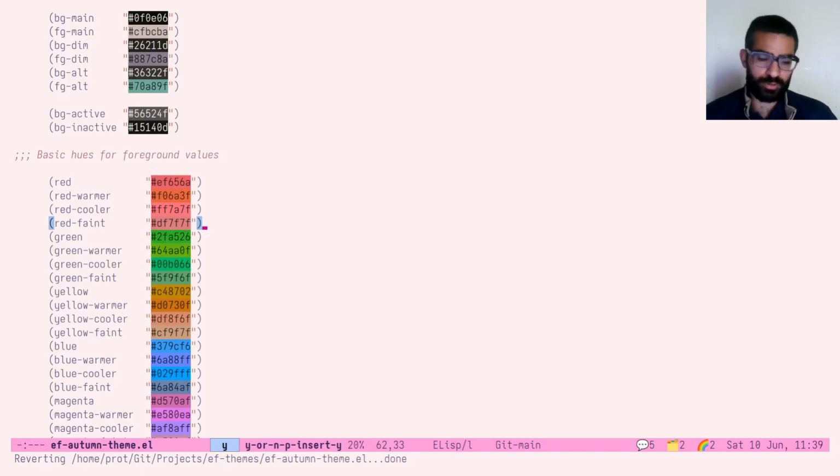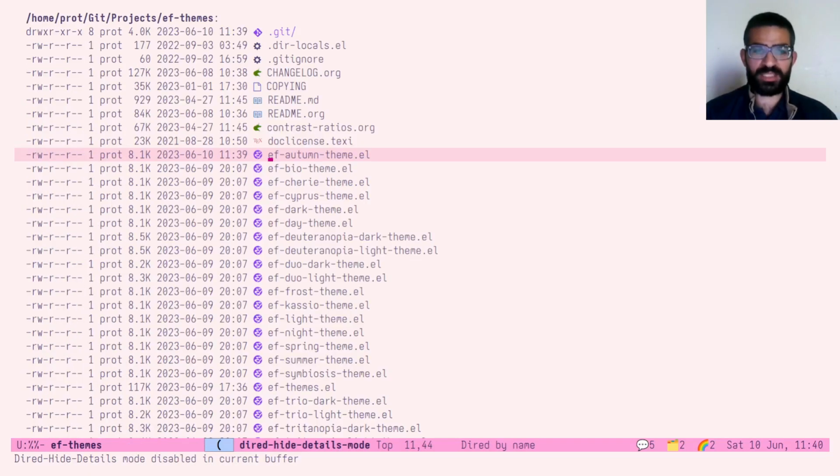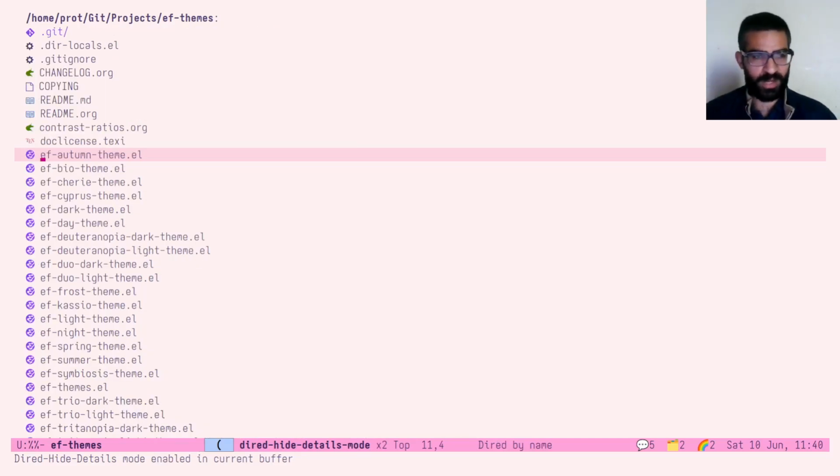Let me now go to the directory view over here. This is the directory editor of Emacs. It's called dired or dred, depending on how you want to pronounce it. But whatever you do, make sure you use this, because this is also very powerful, and I will talk about it in a future video. Now I am in the dired buffer, and what I want to do is I want to perform